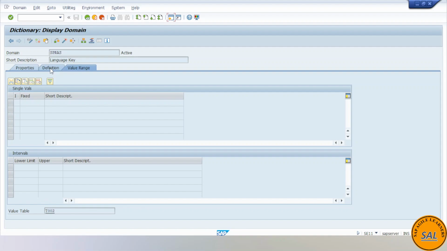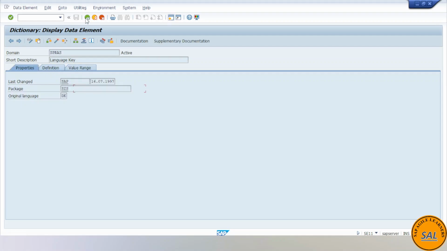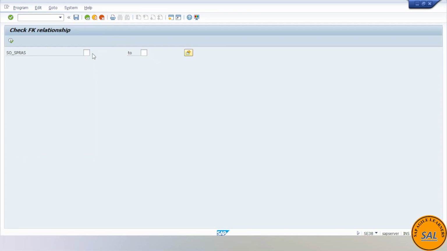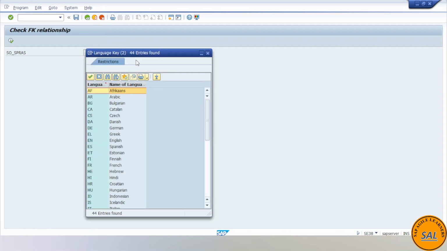So your check table works as a value table, which you can keep in mind for reference purposes. If you go back again and see how many values there are, it will show you 44 entries. So here if you just enter any value,